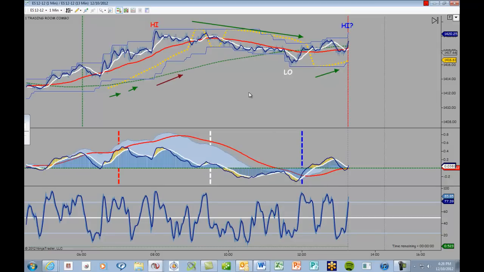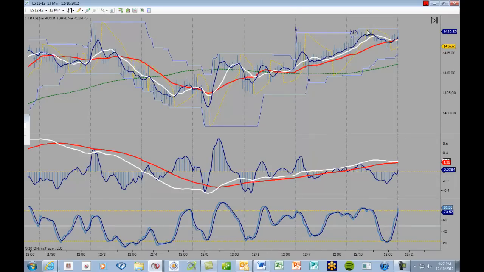Now, some people would say, well, why isn't this a 4 turning point day? Why isn't it high, and then we got a low, high, and then this is the blue low here, and this one hasn't really happened yet because it's probably going to happen tomorrow. Well, that's one possible configuration, and I think our longer term chart bears that out. Yeah, see, this high was actually up here,